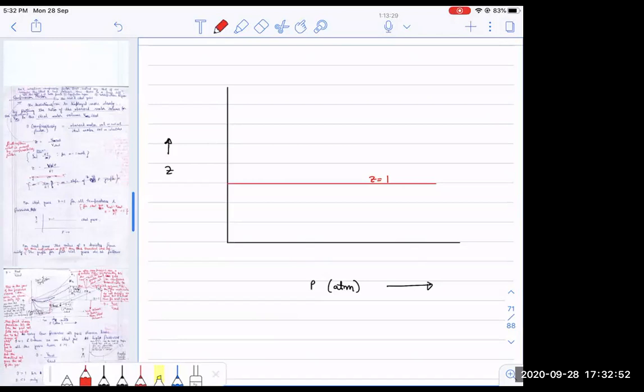Now let's draw the curve. The curve is generally in this manner. Now we have to think how the curve comes to be in this manner and what it means. What do we mean by having the curve in this manner? Now I am going to make you analyze this. Before that, I will mark some pressures over here. This is, let's say, 10 atm.